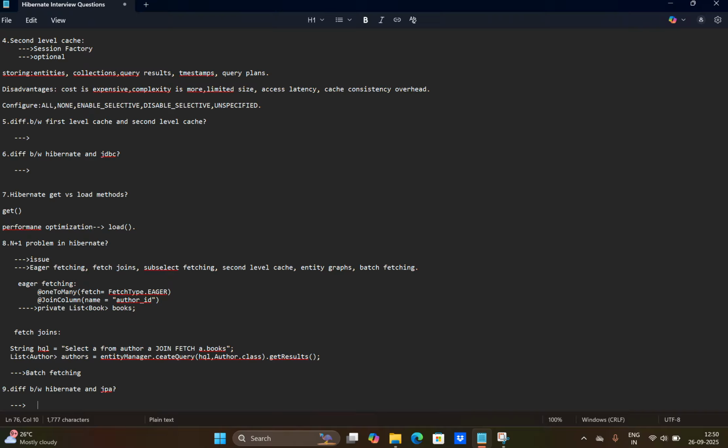Hibernate is an ORM framework that implements the JPA specification. It provides additional features beyond what's defined in JPA. There are multiple Java ORM solutions: Hibernate, TopLink, JDO. Coming to Hibernate features